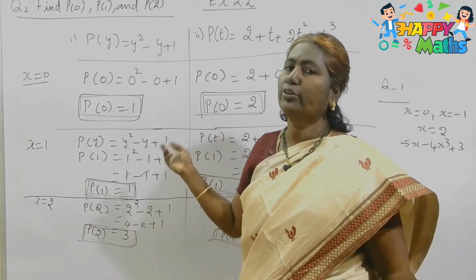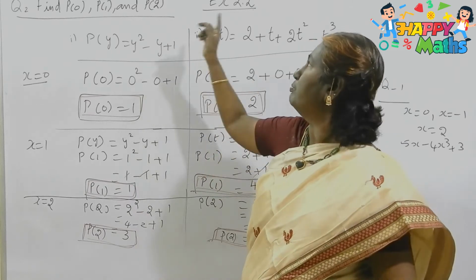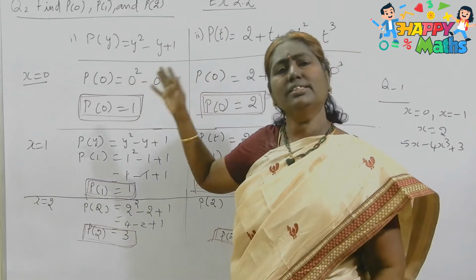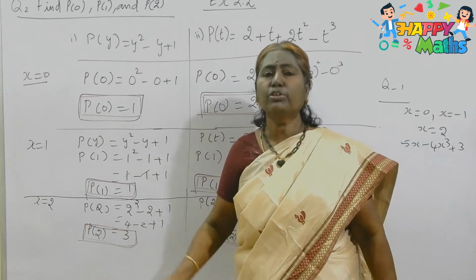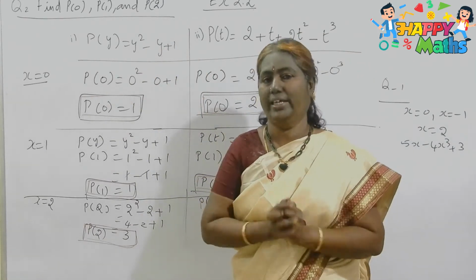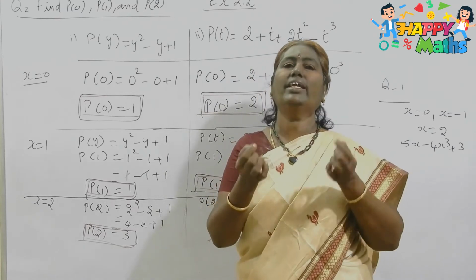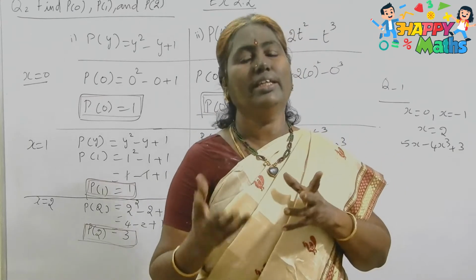See, in this video we are going to see question number 2 of exercise 2.2. This is the same as question number 1 only, no? Then why have they asked question number 2 also? Here we must think, okay? They used a slightly different technique here. What is the technique they have given?